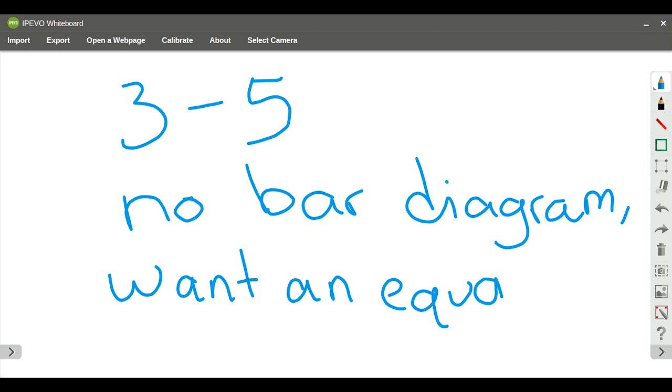Because the values that they have given you on 4 and 5, it's not going to be beneficial for you to draw out that big of a bar diagram. Okay, so you are going to work on what you need for your independent practice 3 through 5, and then you're going to do your math practices and problem